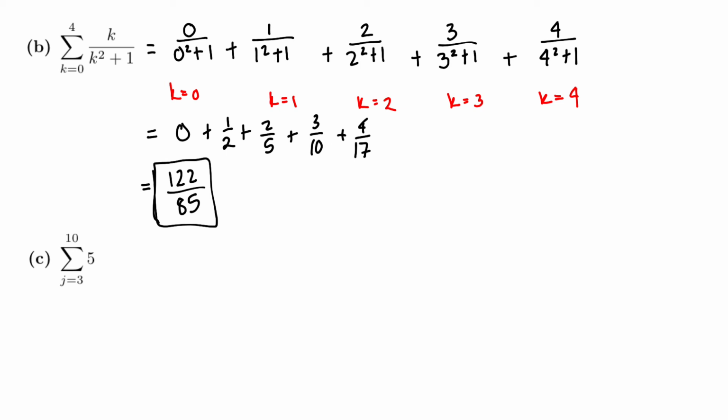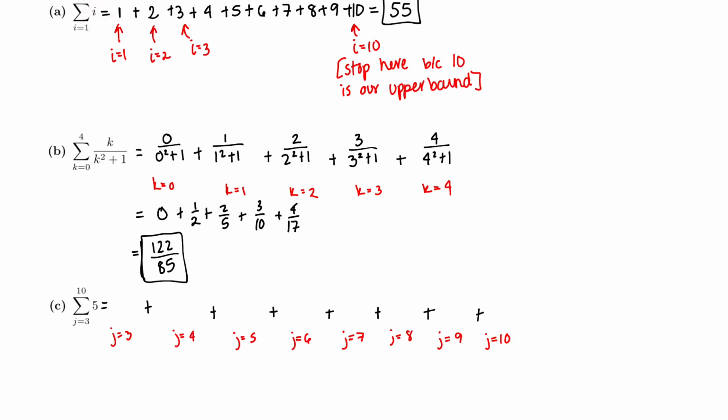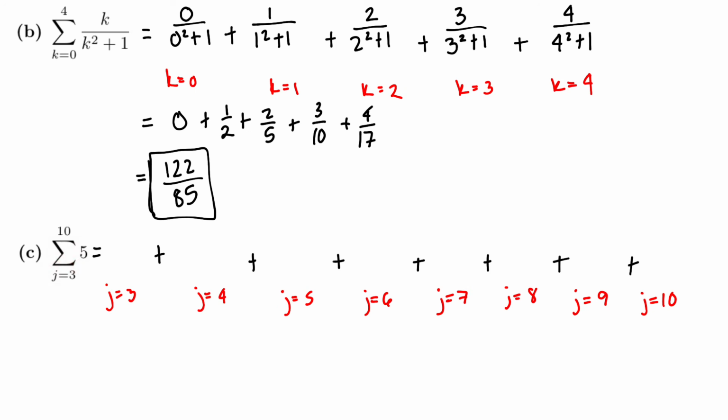Now, this is kind of an interesting one, right? So we're starting with 3, then we're going to go to 4, 5, 6, 7, 8, 9, 10. And we're going to add up all of these by plugging in j. But if you'll notice, there's something interesting here, because this guy doesn't have a j in it, right? These had k, the first one had an I in it, but this one doesn't have a j at all. So if you plug in j equals 3 to this, it's still just 5,